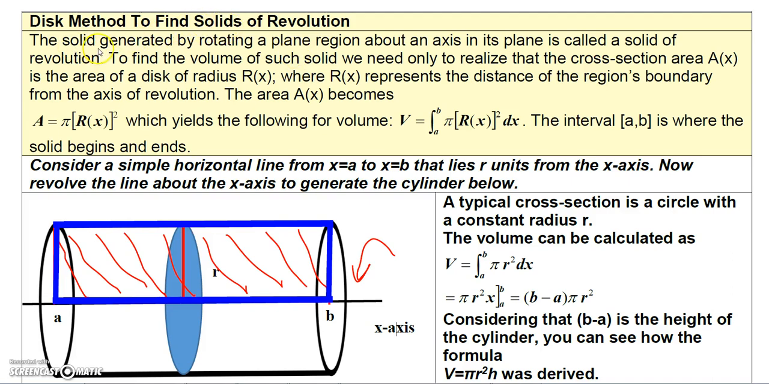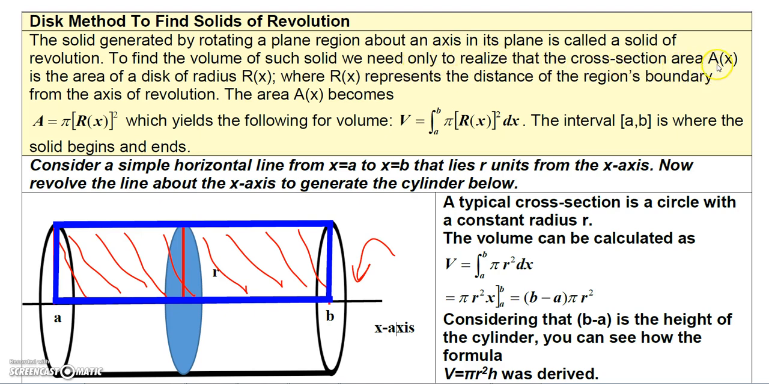Okay, so now we're going to talk about the disk method to find solids of revolution. So let's talk about the solid that we get by rotating a plane about an axis. When you do that, we call that a solid of revolution. So to find the volume of such a solid, we need only to realize that the